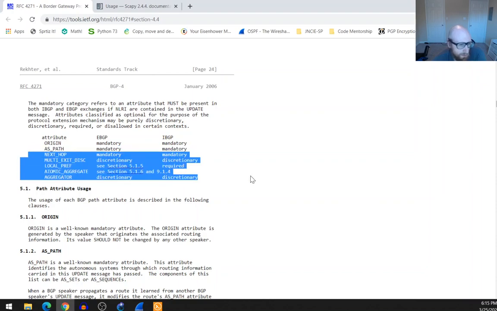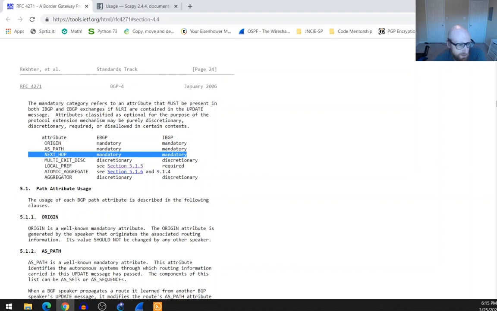And the next one is more self-explanatory than that. It's just the next hop. This one is also a big one. A lot of policies set the next hop self. That's a really common BGP policy included in a lot of places, because BGP